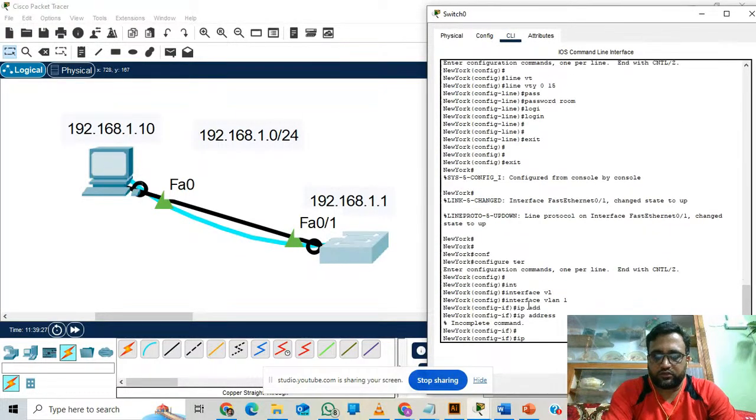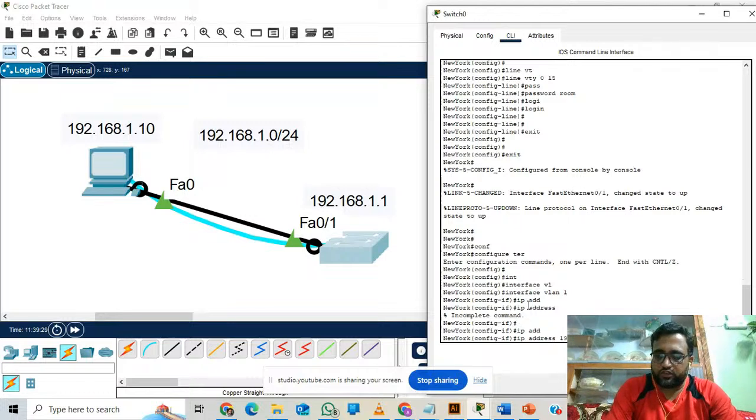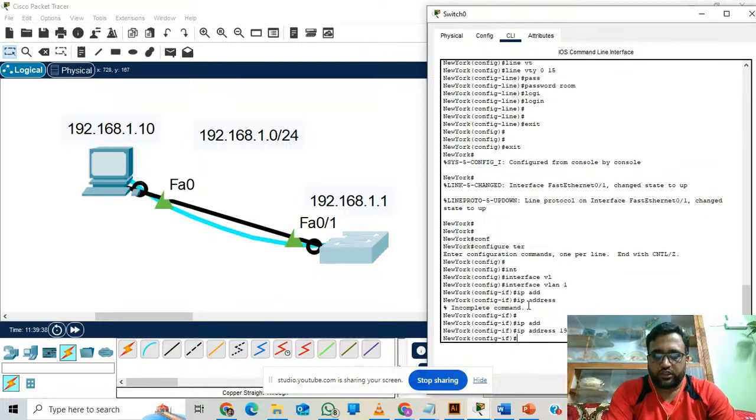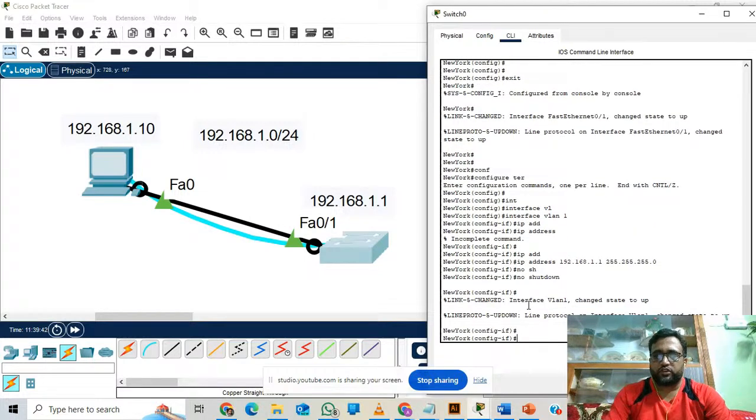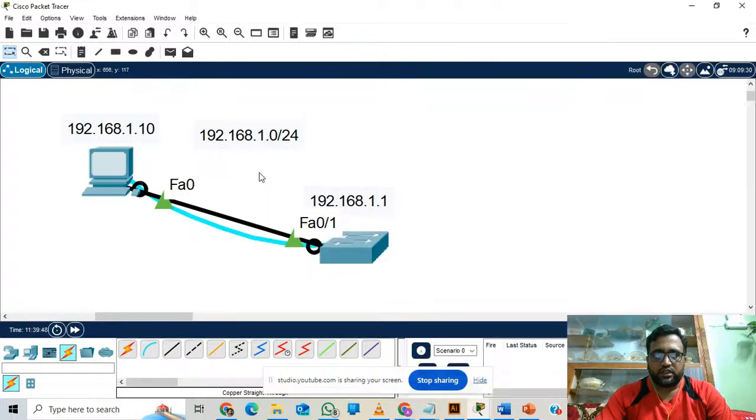IP address 192.168.1.1, and the subnet mask is 255.255.255.0, and let's switch on the port. Okay, so the port is up now, and the IP address is working on this switch, and we will set